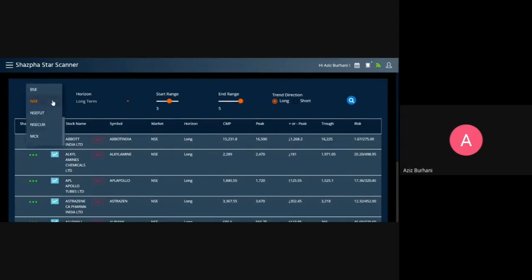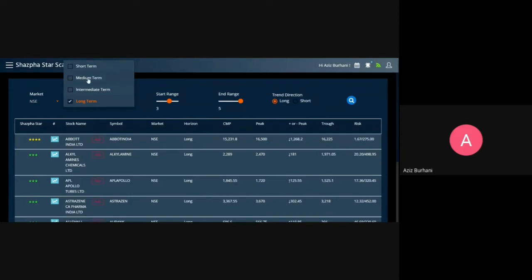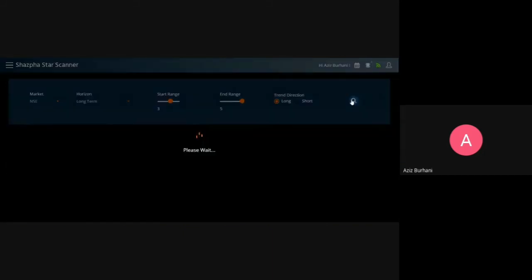You select the market, you select your horizon: short term, medium term, long term. Short term is 6 months, medium term is 1 year, 18 months is intermediate term, and anything more than that is long term. So you select long term, select the range, and you scan.